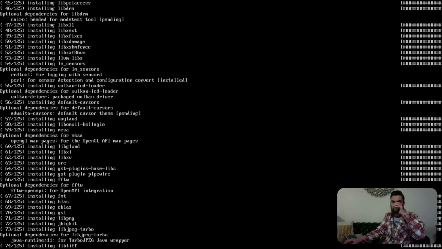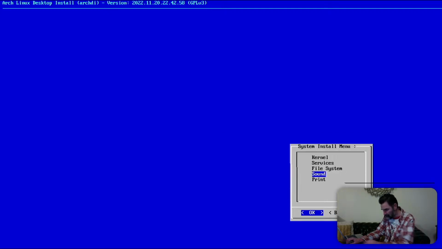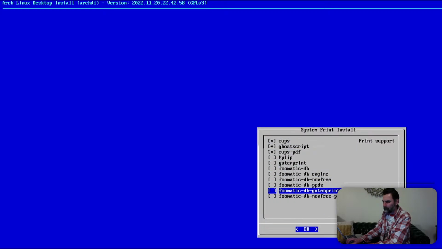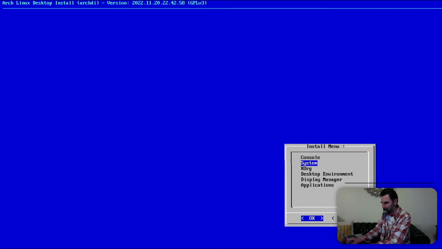Okay, I don't want to install print servers. It's pretty easy to do if you wanted to. You can just install CUPS and all the extras right here. Archify helps show you what's available, but I don't want that. We're not going to install Xorg, but I'm going to show you